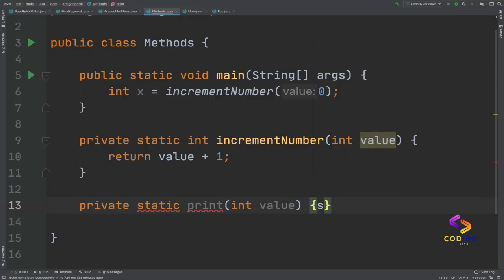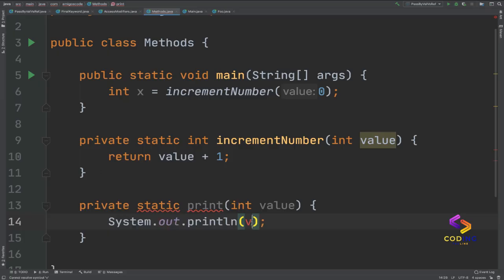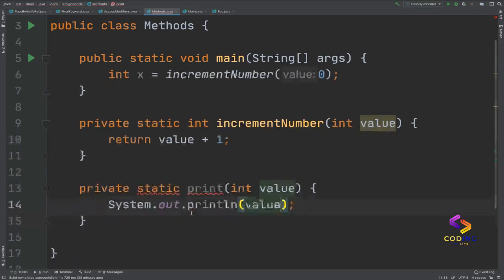And what we're going to do is simply log the actual value, right? So we are simply redefining the system.out.println to a shorter name, so print value here, right? So here we're not returning anything, so this function does not return anything. So in that case, this will be void,